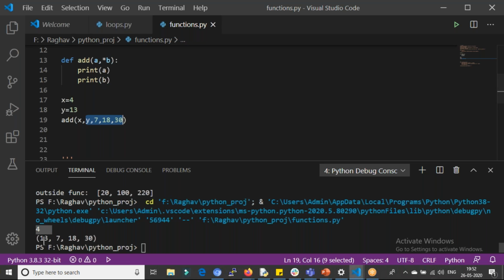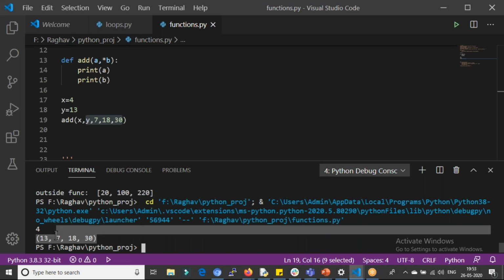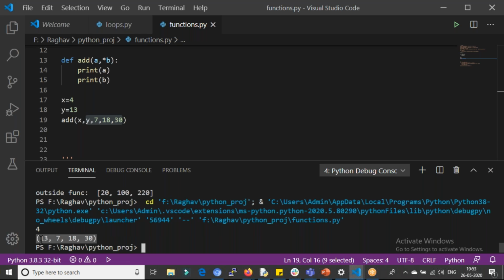And which type is this? Is it an integer type? Is it a list? Is it a tuple? Or is it a string, dictionary, set? Which type is it? It's a tuple. Shreyas, it's not a list, it's a tuple because it's specified with round brackets, right? You can get to know by seeing which type of bracket it's surrounded with. So it's surrounded with round brackets, so it's a tuple, right?